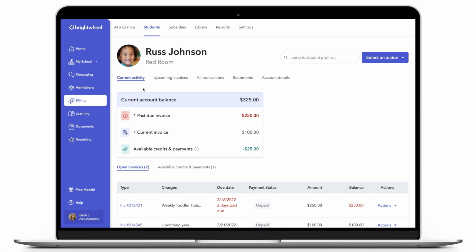The Current Activity tab will include an overview of the student's account balance. The current account balance will be displayed at the top and then broken down by past due invoices, current open invoices, and available credits and payments that have not been applied to an invoice as seen when selecting the information icon. The amount of the current account balance is the total of the open and past due invoices and available